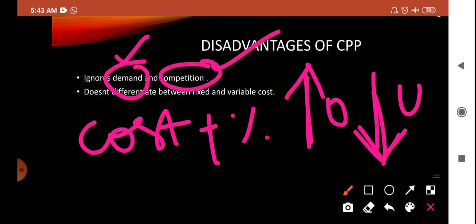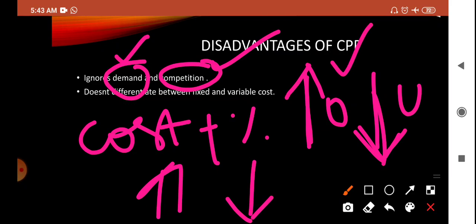So law of demand, we all know that if there is a demand in the product, the prices will be high. If there is less demand for that product, the prices will be low. If you don't consider the demand for the product and you're overpricing your product, means who will purchase it, right? So seeing the situation in the market, the market trend, market demand, the pricing should be done. But according to this method of pricing, the demand is ignored as well as the competition is also ignored.